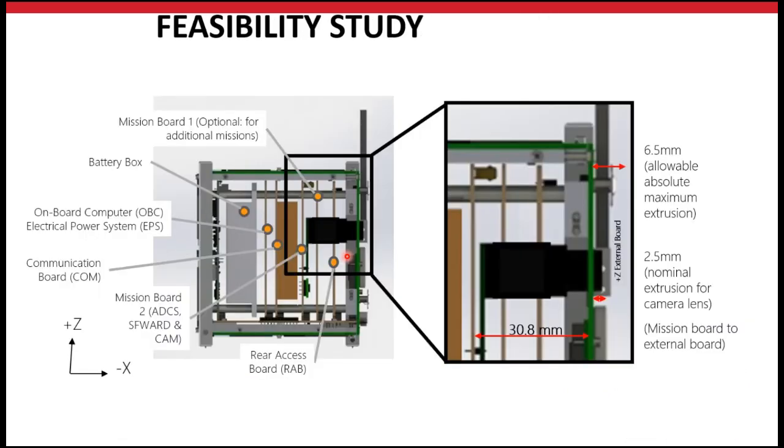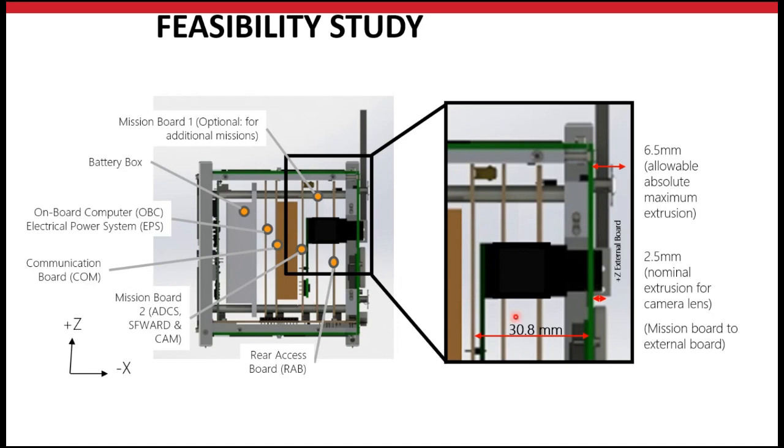And we need to also see whether the mechanical part of the imaging system is feasible to be put on board the satellite. As you can see here, we look into detail where to put the camera. So by considering all the subsystems in the satellite, we said that we can put it here. This is also based on the center of gravity that has been calculated. Of course, at this level, you don't need to calculate the COG, but just to show, is it possible to be put on the CubeSat?